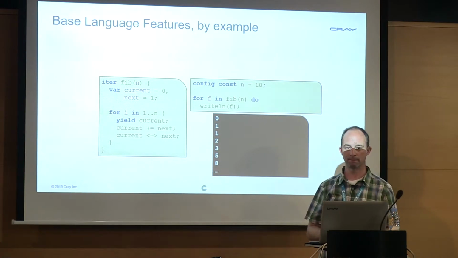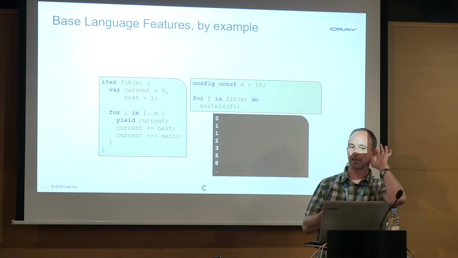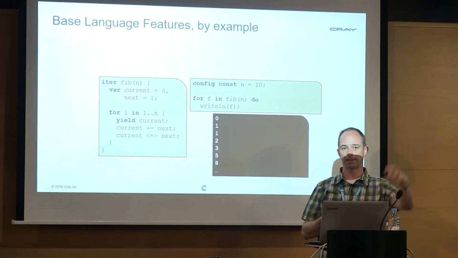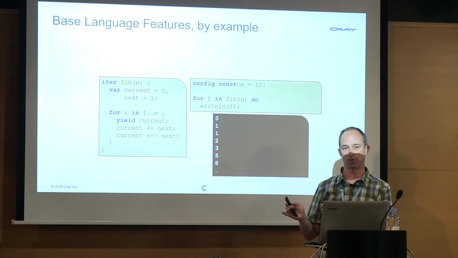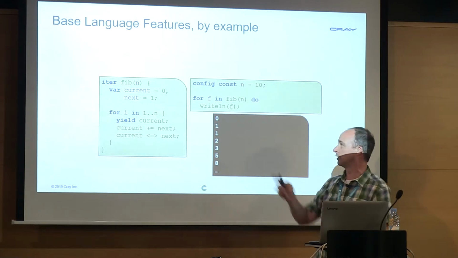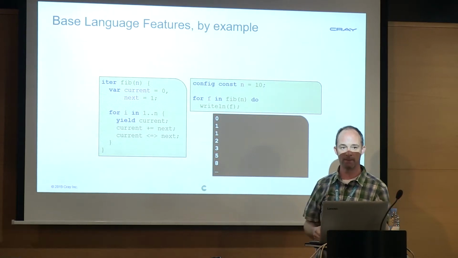Yeah? The typing is all figured out at compile time, yeah. And so specifically, like in a scripting language, something might start out as an integer and then later become a string or something like that. Because we're a statically typed language, because performance matters to us, that's not the case, right? So once the compiler figures out n is an integer, it's an integer forever, basically. Yeah.